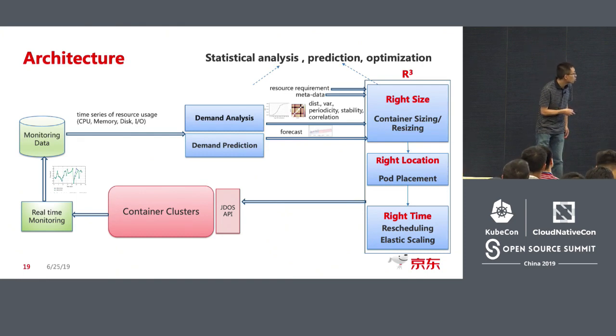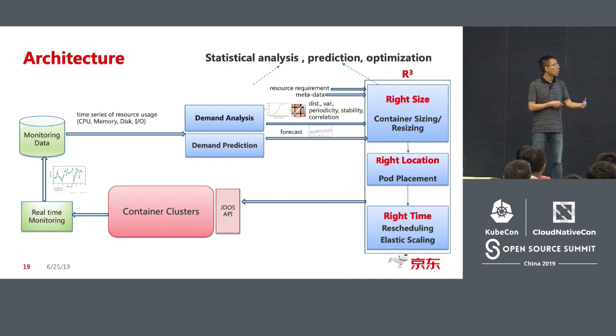This is the container clusters, and you can see from the slide the pink part. We emphasize a lot the real-time monitoring. It is of second level for a large number of data, and we now have a time series database. Also ClickHouse, it is another open source database. So after collecting the data, we can analyze the historic data, and also we can have demand prediction about its